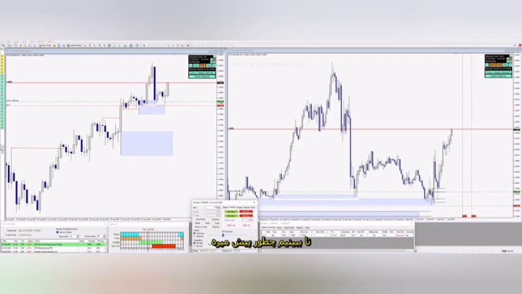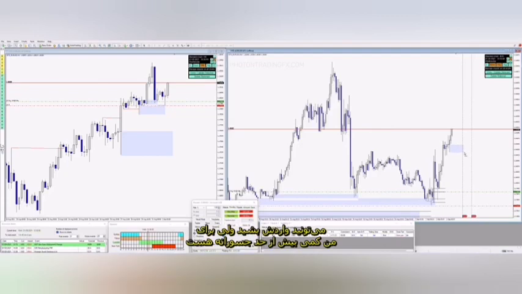So we can start to think about scaling in. If I wasn't in a position already, I'd probably be looking at getting in on this level here, but it's quite near to my entry. So I'm not going to be too aggressive. I'm kind of coming into this supply level here now. We do have this sweep zone here. It's quite an aggressive scaling, to be honest. It hasn't really done anything. It's broken this high here. You could chase it a little bit, but it's a little bit aggressive for me,